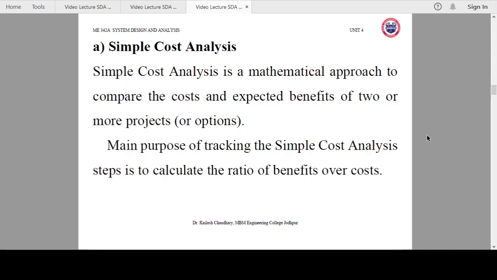If you have an idea of the total overall cost related to each option, you simply calculate the total cost you will have for the different options, and then what benefit you are getting for each option. So you compare the cost and benefit for each and every option, and decide which option gives you more benefit with respect to the cost you are putting in. That option is the best option if you are getting more benefit from your invested cost. So this is simple cost and benefit analysis. You can simply calculate the benefit and cost for a particular option and decide which option is best.